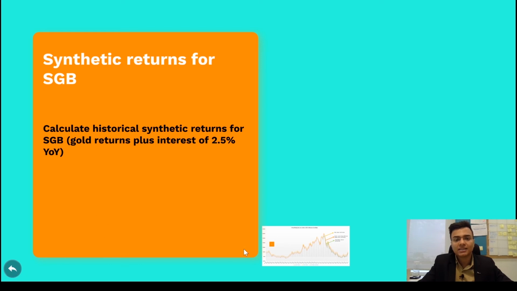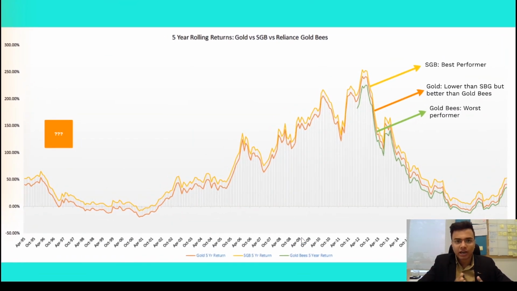Now we did exactly that and we plotted this on a graph. So what do we see here? See, this light orange line represents the sovereign gold bond, the orange one represents the performance of actual physical gold, and the green one is your gold ETF, Gold BeES. So if you see this, the sovereign gold bond has been the best performer. Obviously it will be, right, because it offers you 2.5% interest on top of the price of gold, and then comes physical gold, and actually ETFs come last. This is the worst. This is really surprising, right?